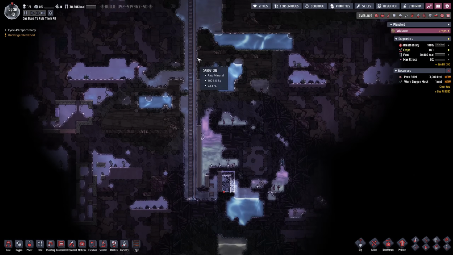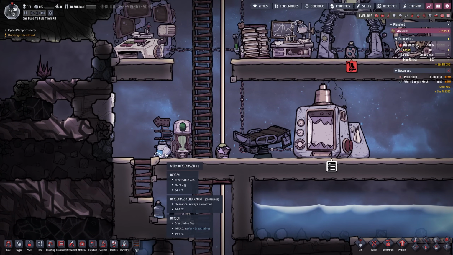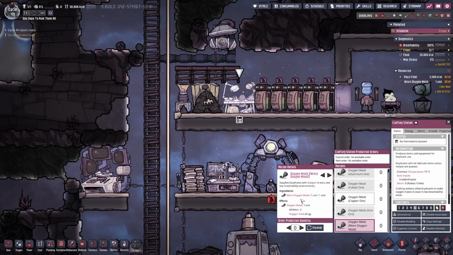Alrighty, will you look at that, the fire pole is almost done, we're ready to keep on expanding. I just noticed we have our first broken oxygen mask, it is just worn out and we have to rebuild it. And we can do so in the crafting station. It is gonna require just the worn oxygen mask, so it doesn't actually require any other resources, and we'll just